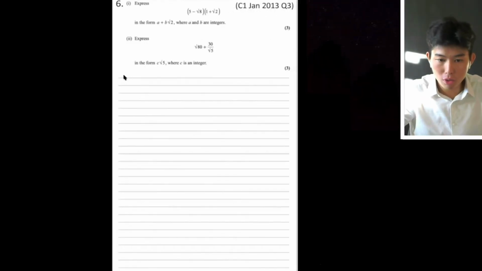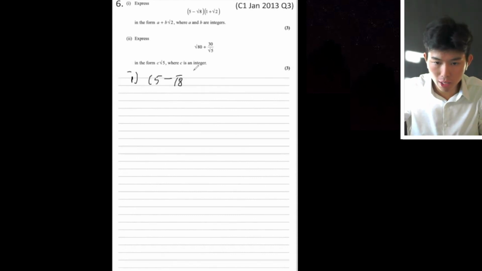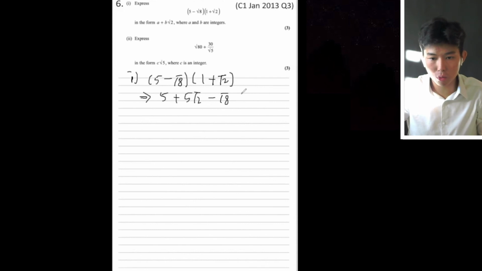Okay, so one more question to go. For the first one, for the first part, 5 minus root 8 brackets times 1 plus root 2 will be equals to, this one is quite straightforward, 5 times 1 would be 5, and 5 times root 2 would be 5 root 2, and minus root 8 times 1 would be minus root 8, minus root 8 times root 2 would be minus root 16,